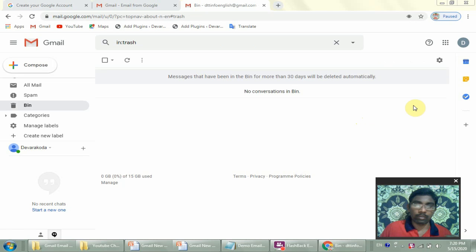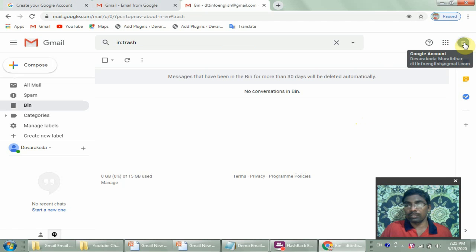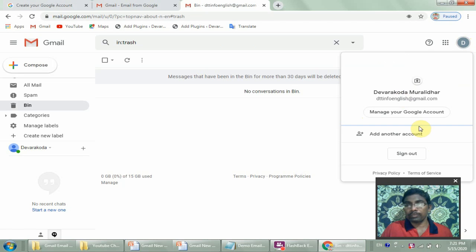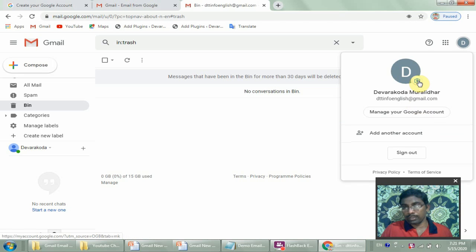Okay, so you just click on this D symbol, then you can click on this round profile picture, circle picture. After clicking on that, select this circle camera picture here, click it.